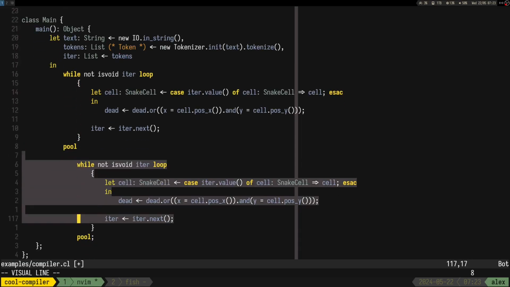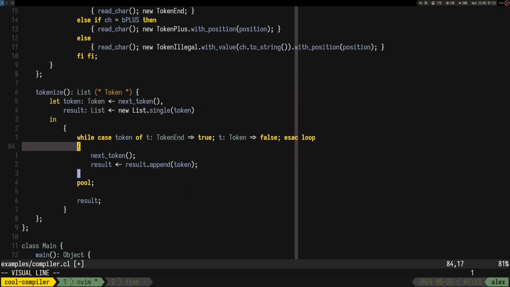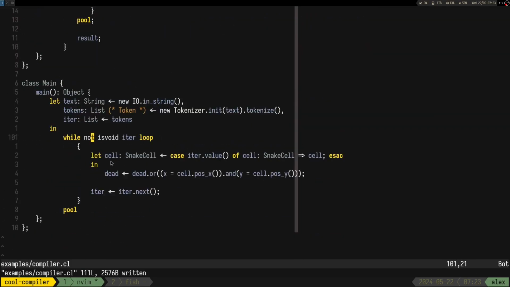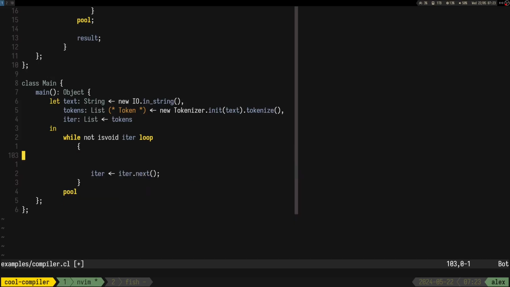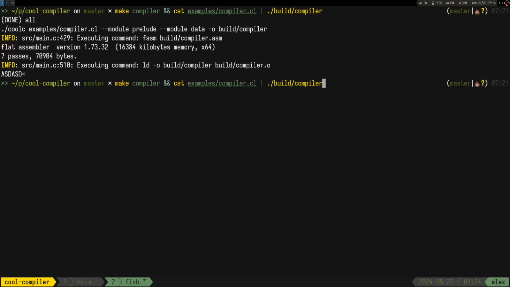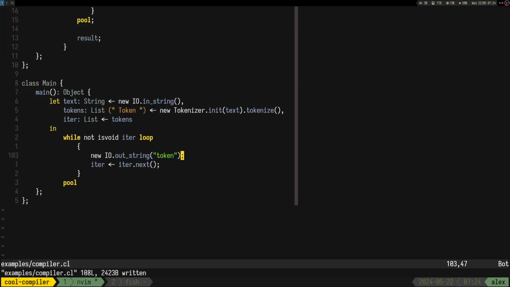So do some stuff and then iter next. io.outString token. Let's see what happens. Only one token? That's interesting.